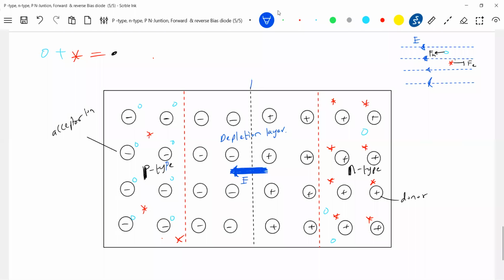Okay, like this, depletion means robbed off. So why robbed off? The ions are being robbed of their majority carriers. So these ions are not lost, but forcibly what happens? When this electron is moving from N to P type, the moment it enters the P type, the hole will capture it. So this particular ion has lost its majority carrier. Similarly, when a hole moves from P to N type, it will capture the electron. So this ion is being robbed off. Therefore, being robbed off or being depleted, we call it the depletion layer.